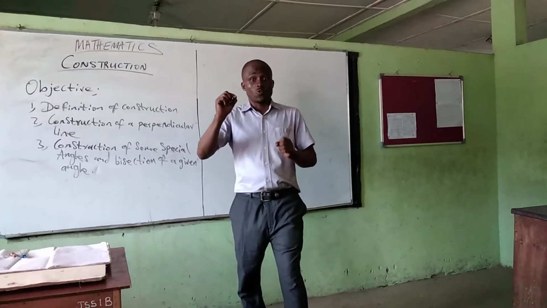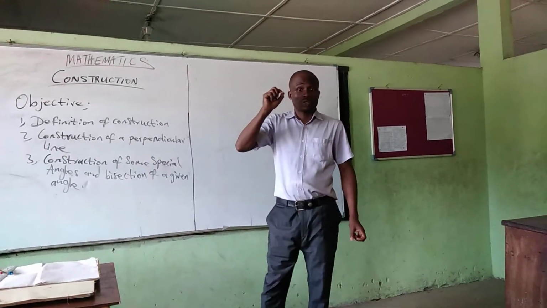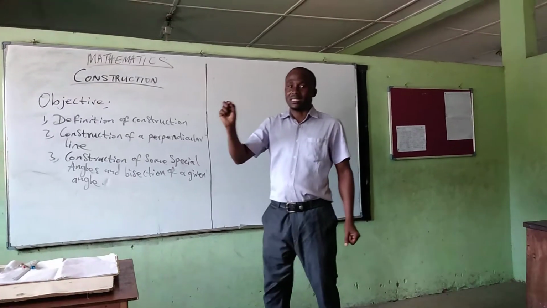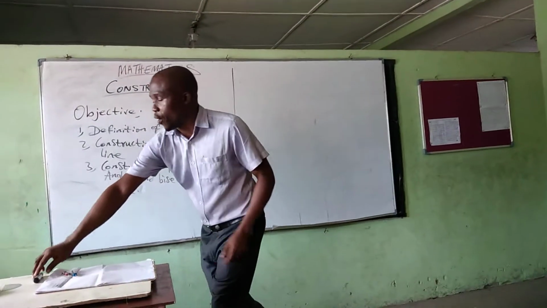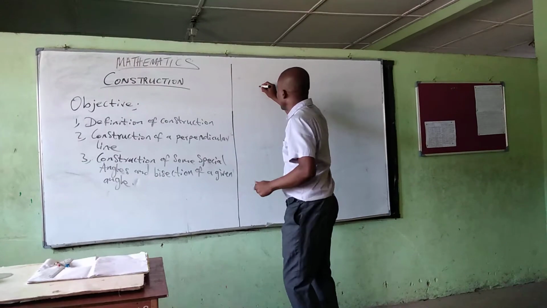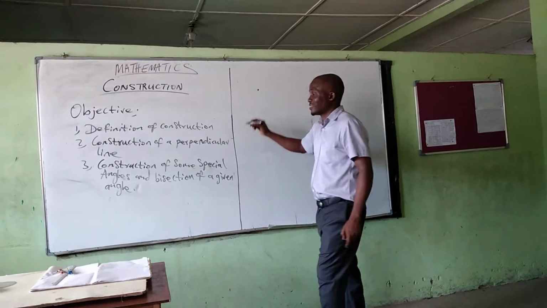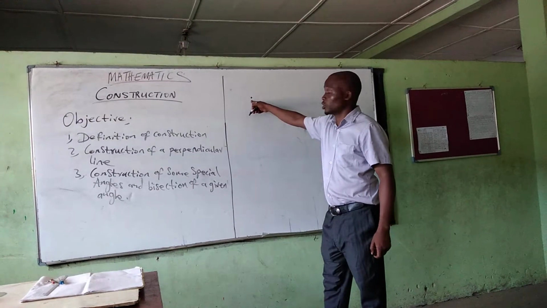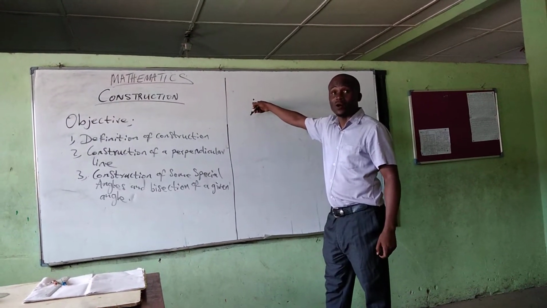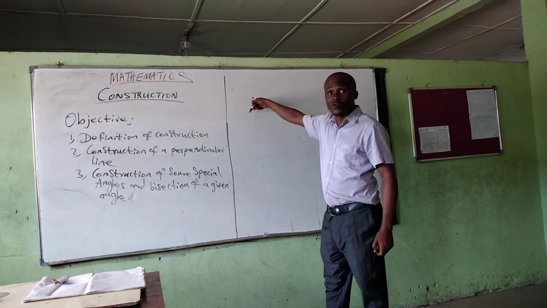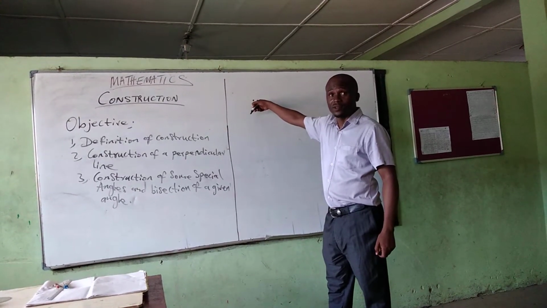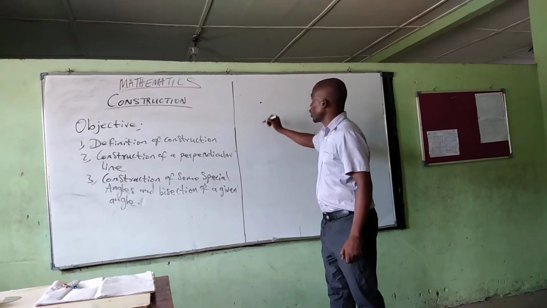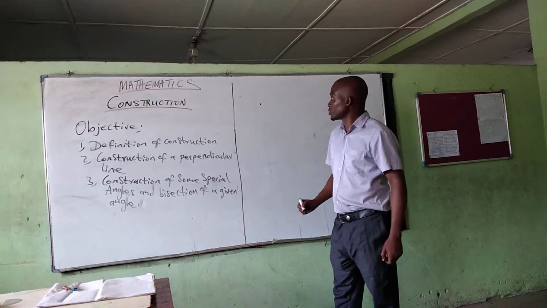And it is shown with what? A dot. You can show a point by a dot, and you can name a point by letters. When you talk about a point, this is a point. The point can be shown with a dot. In fact, a point is non-dimensional. It doesn't have length, it cannot be measured, it doesn't have width, it has no depth. So it's non-dimensional. This is a point, shown with a dot. That's what a point is.